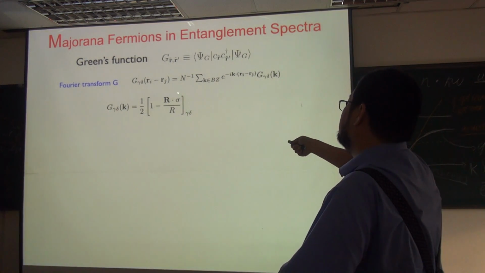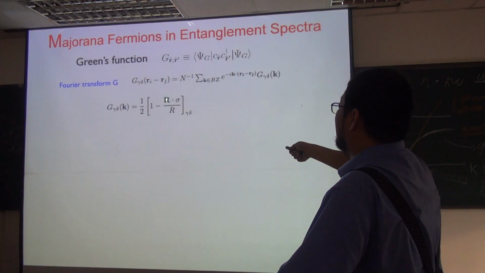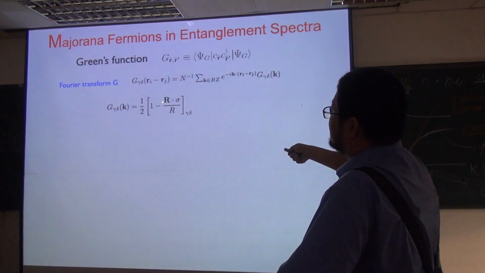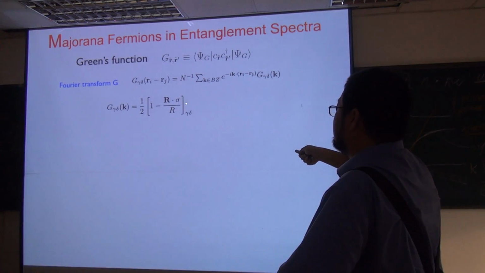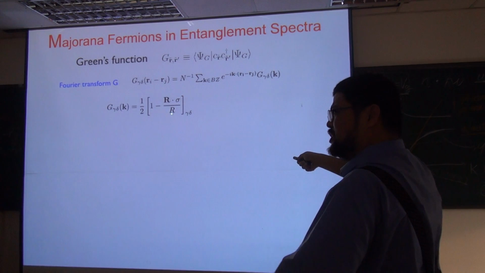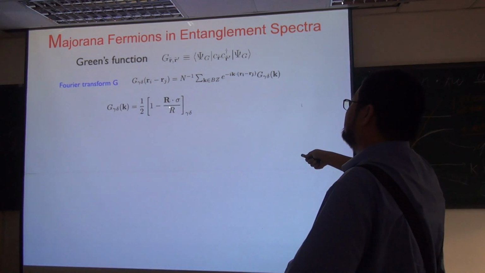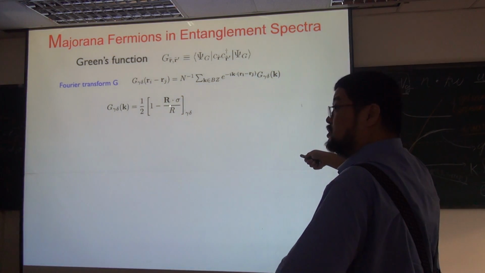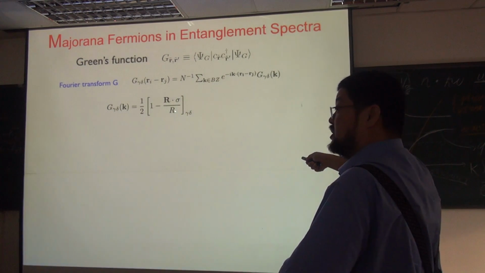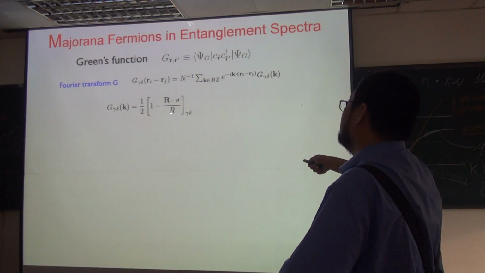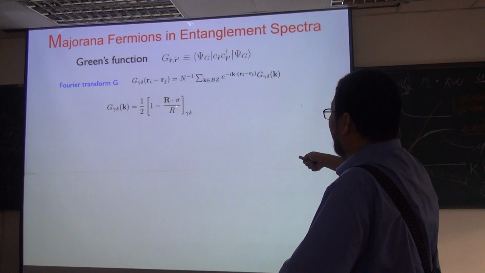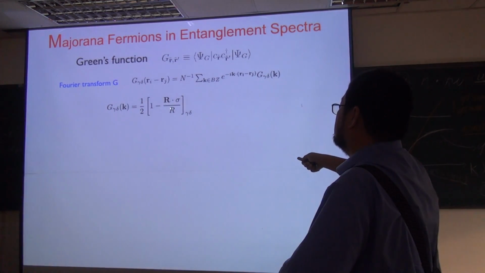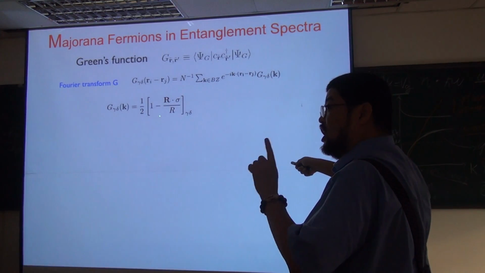So this R dot sigma is the same as the Hamiltonian, and you know there's some similar physics inside. If R dot sigma is equal to 0, then you have a zero mode. If not, then you don't. And this you divide by R, which is positive. So you know that the topology of this